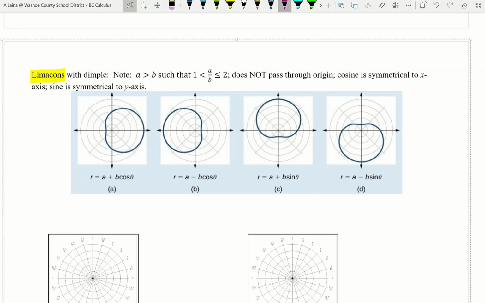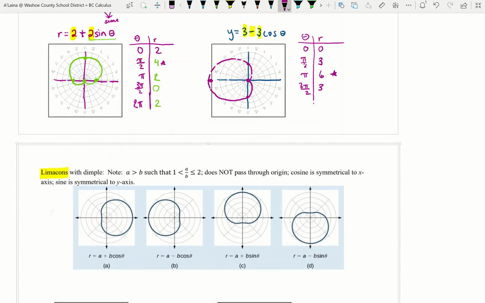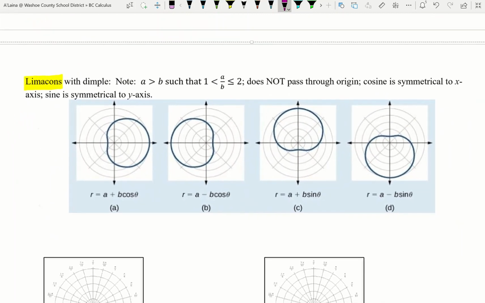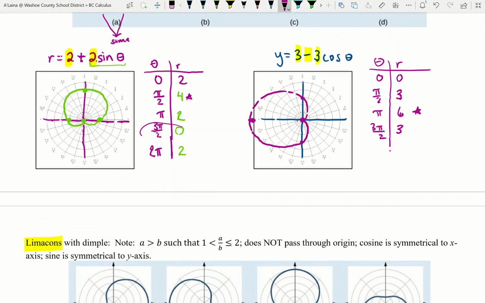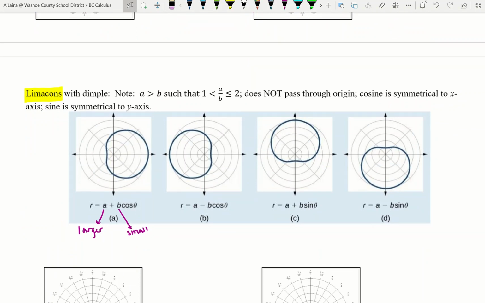Okay, pen work. A limaçon with a dimple actually has a very similar generalized format to our cardioids. But the difference is what's happening with A and B. A must be larger than B. These are not going to be the same. You might remember that when A and B are the same, we would get this spot where we would zero out. And that's why the heart of the cardioid, or the little dip of the cardioid, would go right to the origin. Well, what's going to happen with a limaçon,